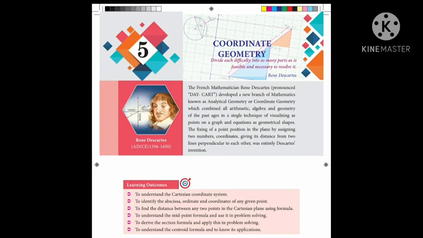In this term, first we are going to see coordinate geometry. In this chapter, we are going to learn to understand the Cartesian coordinate system, which is a graph, the Cartesian plane, and identify the abscissa and ordinate for any given point, and next, the distance between any 2 points in the Cartesian plane using the distance formula,